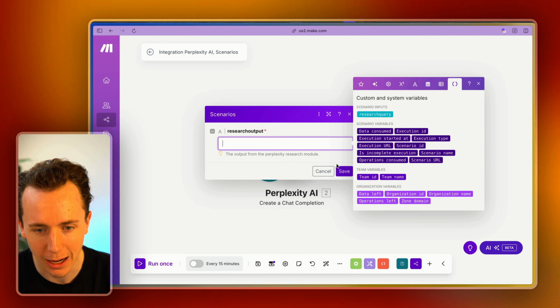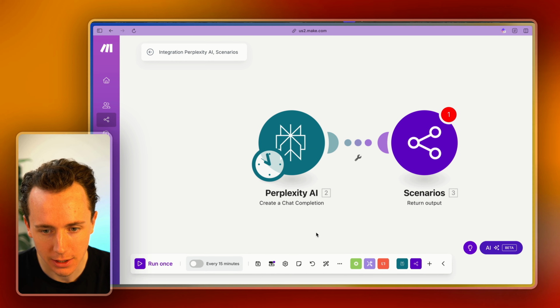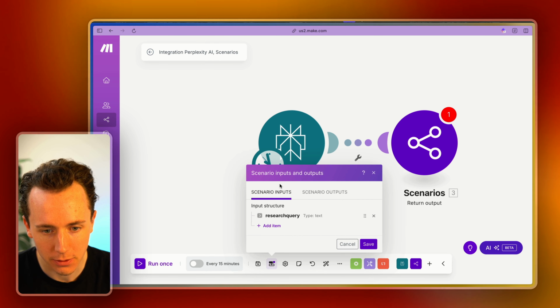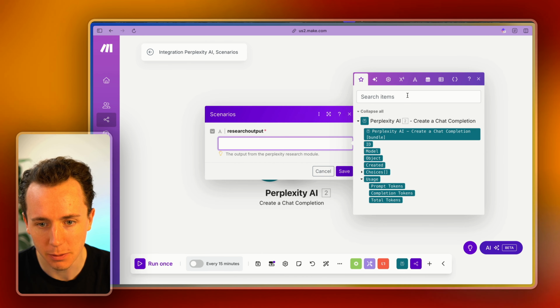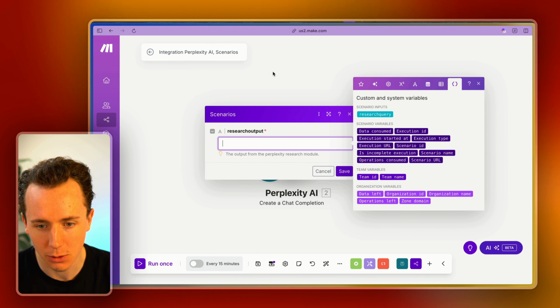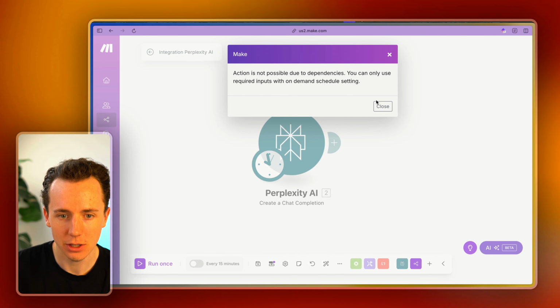We should have the output as well. Maybe it didn't save correctly. Let me make sure that saves. So we have research output, and we want the research output to be put inside of here. So it looks like research query. Let me just refresh that again. I've noticed,